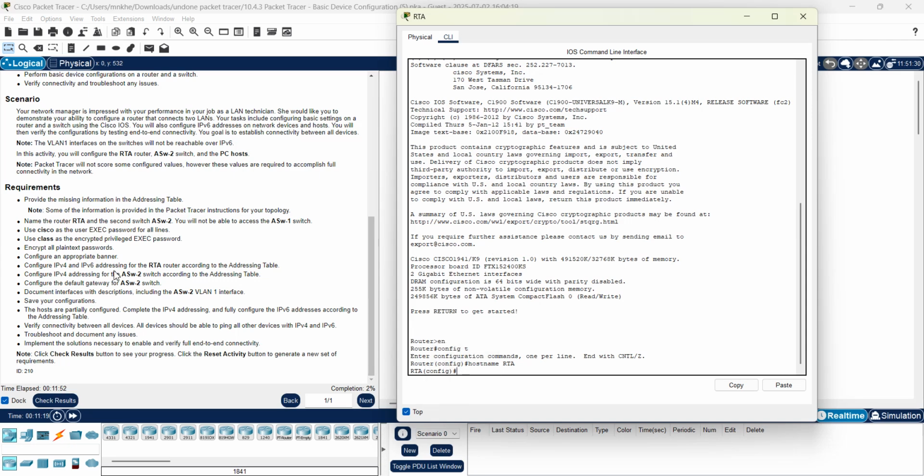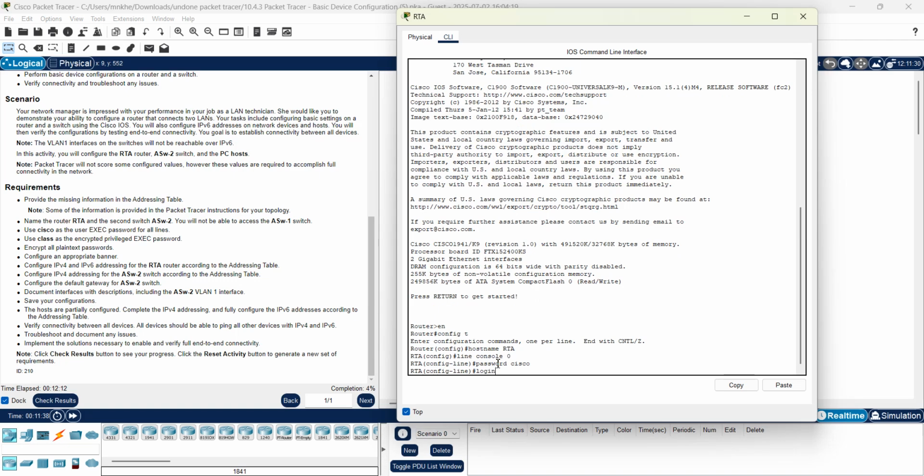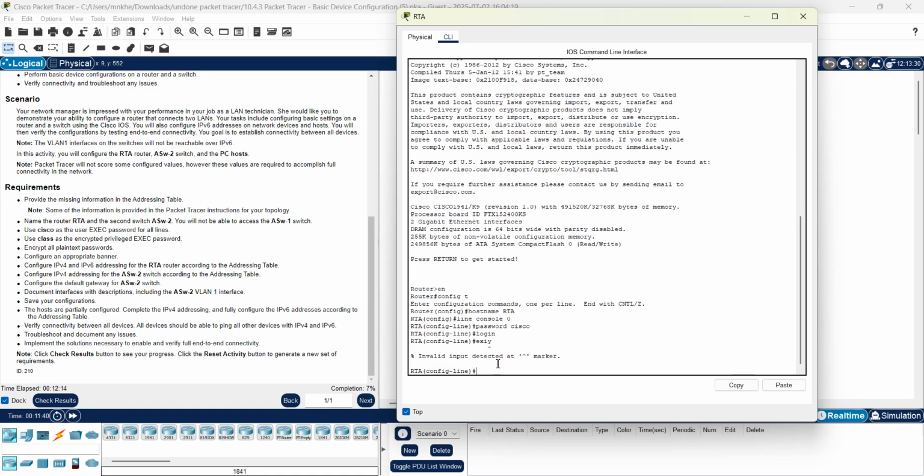And then use Cisco as the user exec password for all lines, use class as the encrypted privilege exec password, and encrypt all plain text. So line console 0, this is a password for all lines being Cisco, password is Cisco, login, exit,